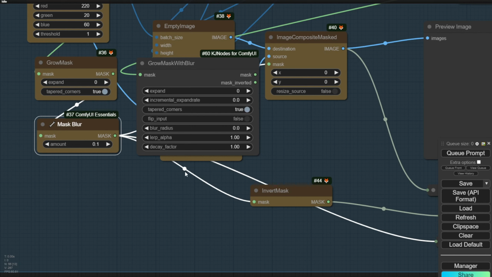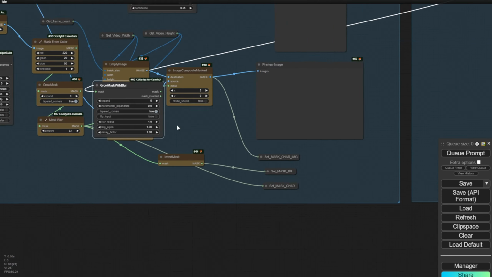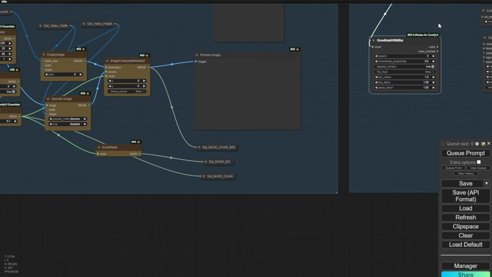But then one thing we have to remember is that this blur radius, we have to test it out. We can't just put this as 0. Sometimes we want to put it as 1 or 0.2 or even 10, right? So it depends. But then, like this one, let's say we test it at 1. So the blur radius is about 1, which is very normal for a mask blur.